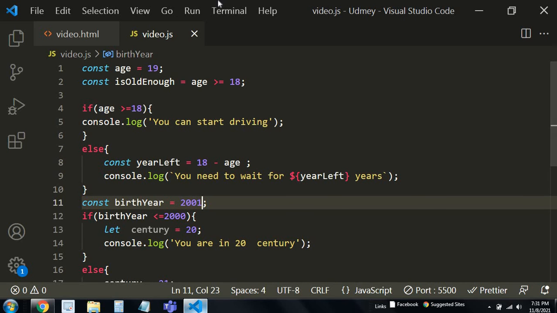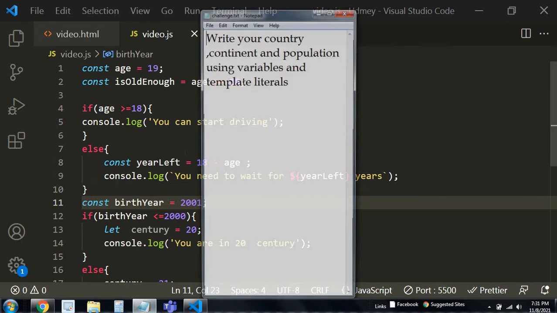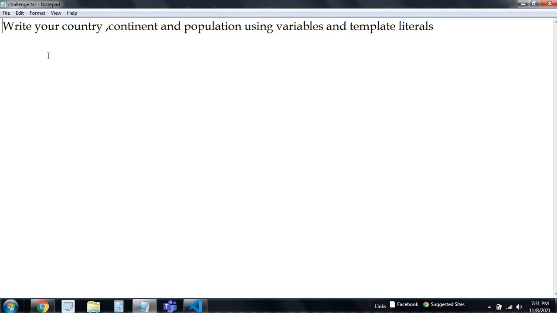I have a small challenge for you guys, not regarding if then else, but what we have learned previously, like variables and template literals. So I'll just open up the challenge. I'll show you the solution as well right in this video.